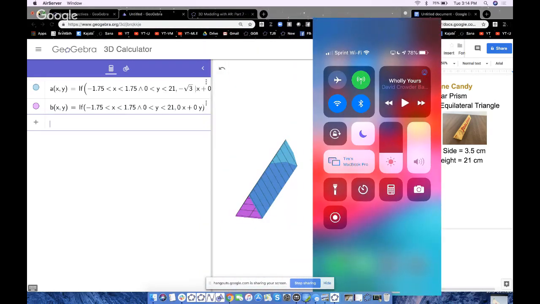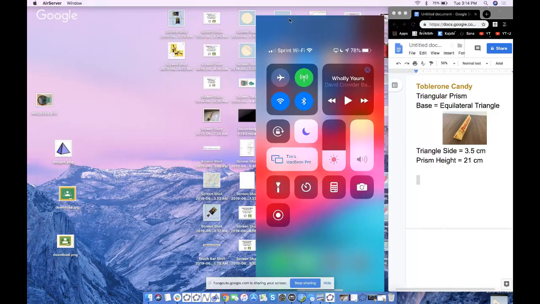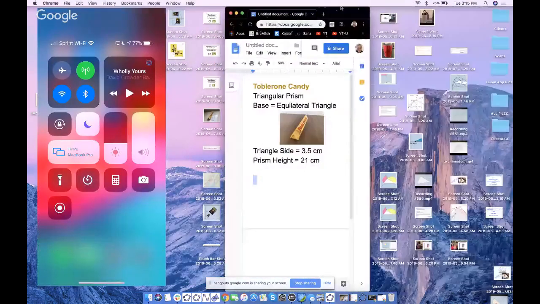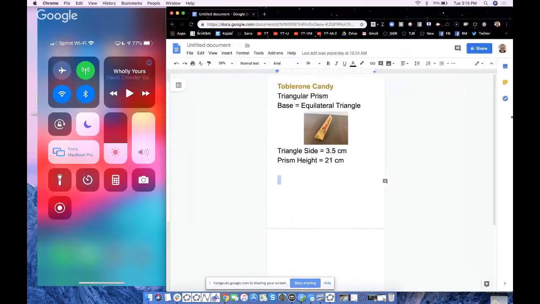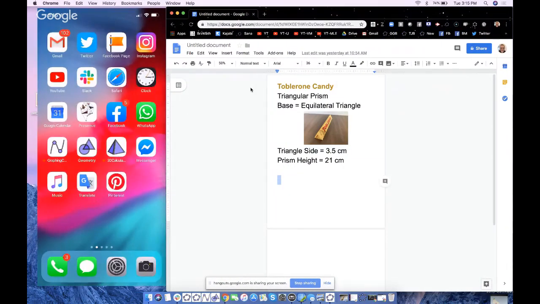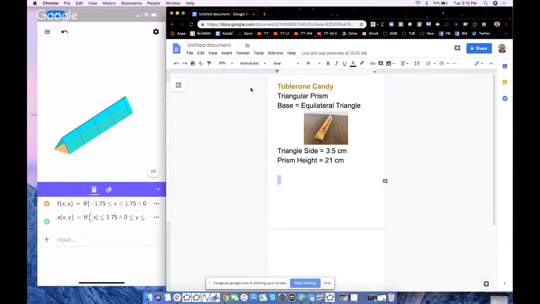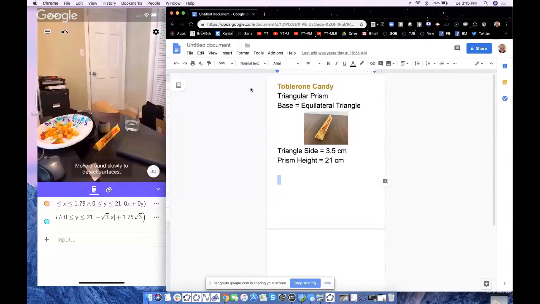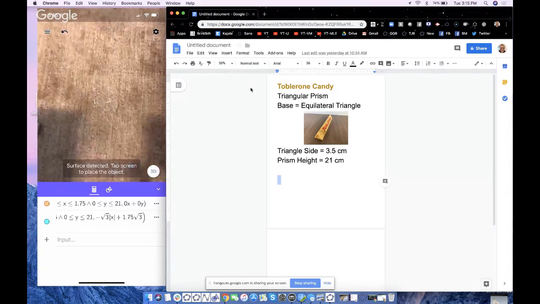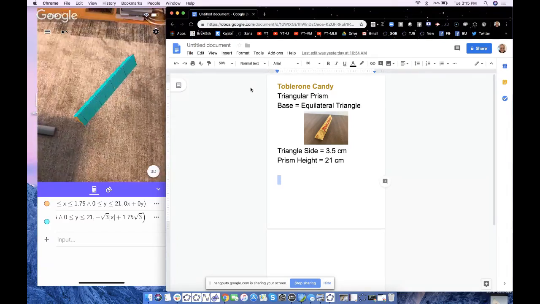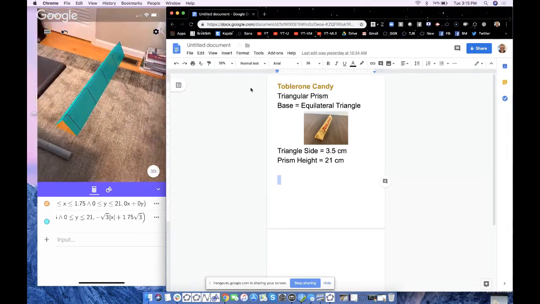So that's that. We'll go down here, we'll put this up here. And now here's the equilateral triangle that we had before. All right, let's check it out. So we'll go to a 3D graphing calculator. I made them different colors too, but there it is. See how it's the same equation right there? There's the floor, there's the function that we used, right? And now I hit the AR button right there, and I could actually show it off in the real world around me. So here you have it, ladies and gentlemen,